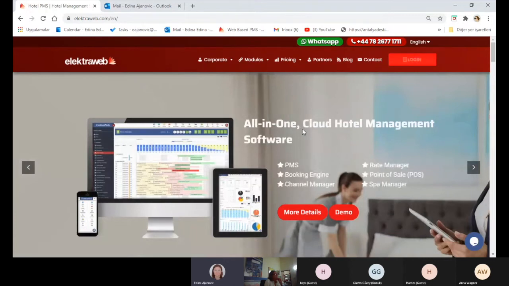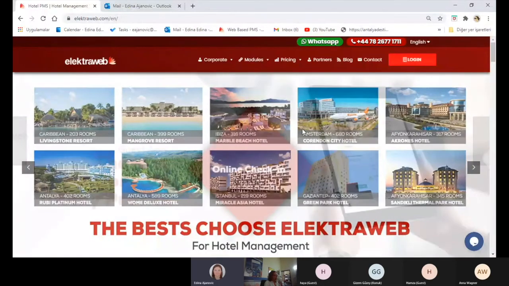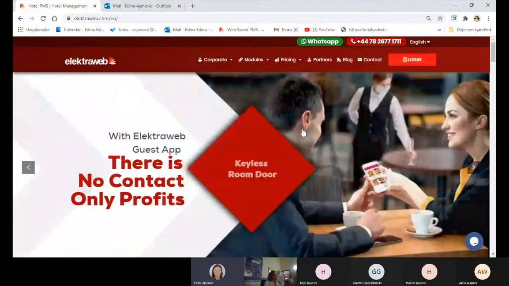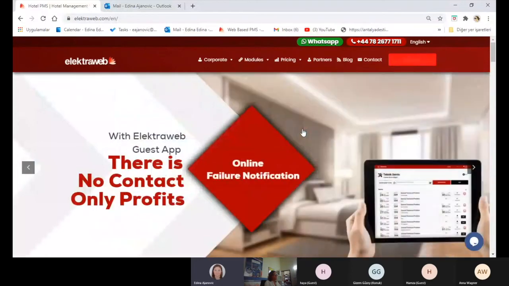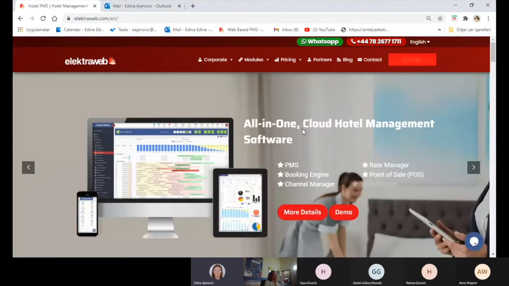Today we gathered here to talk about ElektraWeb, all-in-one cloud hotel management software. Despite the COVID-19 crisis that we are all facing and the problems it caused in the tourism and hospitality sector, technological development in this field hasn't stopped, but continued at an even faster pace. And every day business data volumes increased dramatically, and that's why